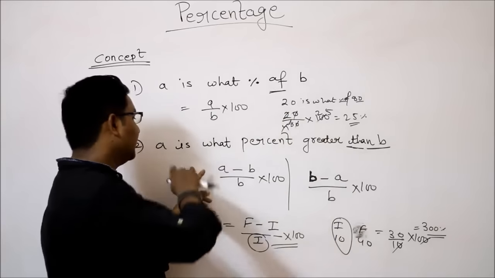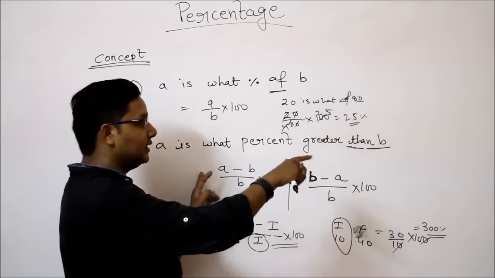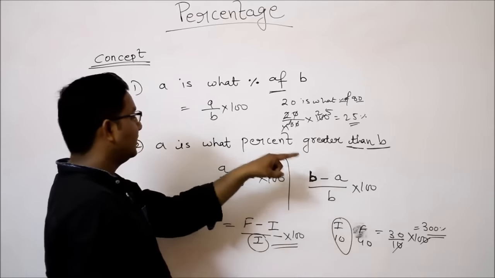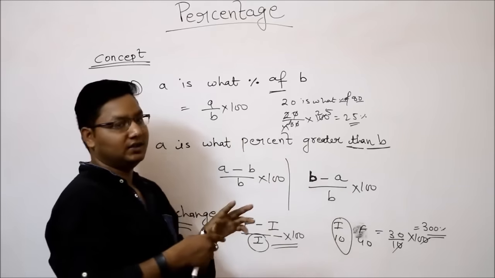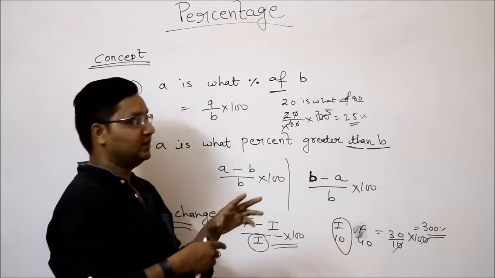In the percentage case, if A is X percentage greater than B, it is not equal to B is X percentage smaller than A. Greater than A and smaller than A, they are not equal. In terms of numbers it's okay, but in terms of percentage it is a different equation. So just don't make mistakes in the questions. I will explain this with questions, and through questions I will try to cover all the concepts and all the varieties of questions in this topic. Okay, let's see the next concept.